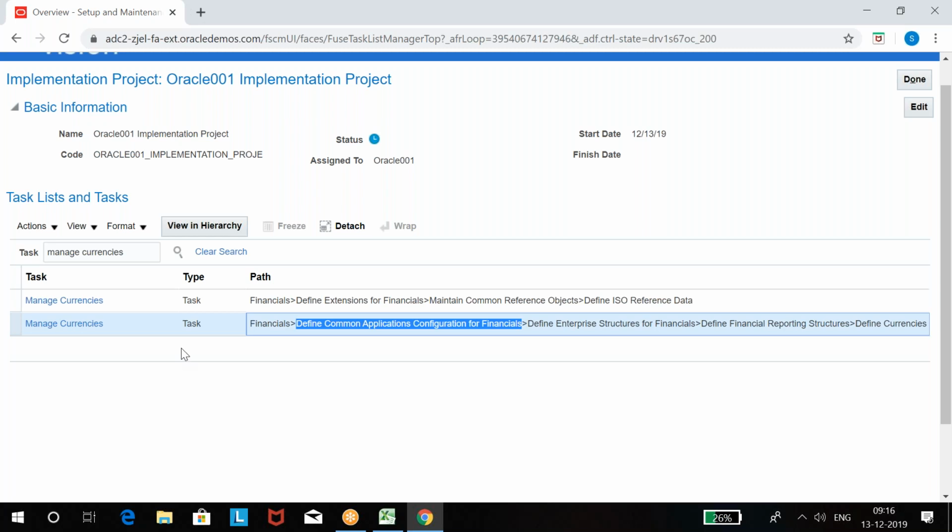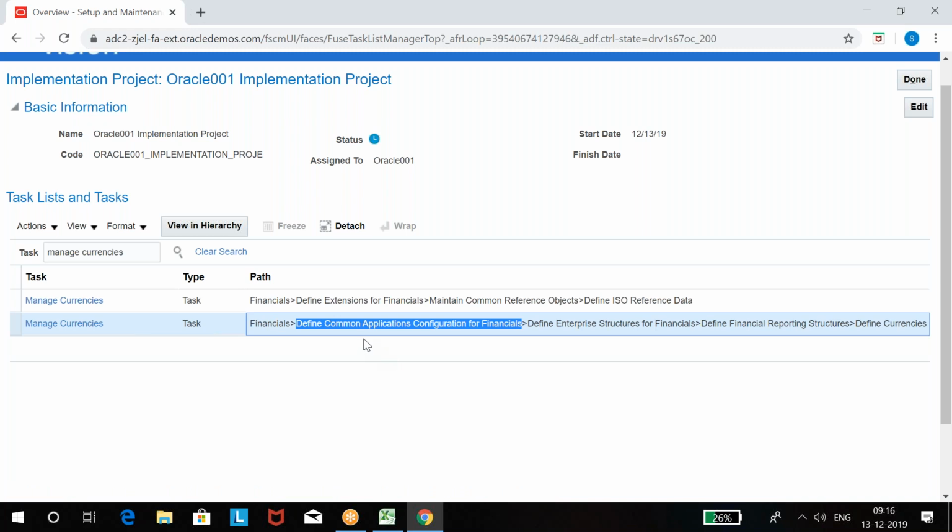Okay, you have 2 different paths. See, for example, if you want to come to Amirpet Circle, you have 4 different ways to come, right? But you will come to the same point from wherever you travel. Same here. So whichever task you click on, you will go to the same task. You have 2 different paths to go to this task.